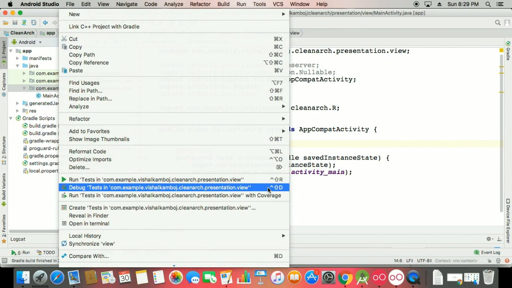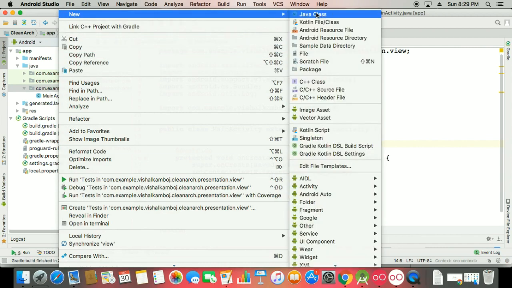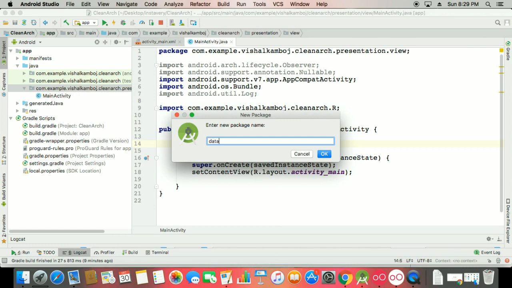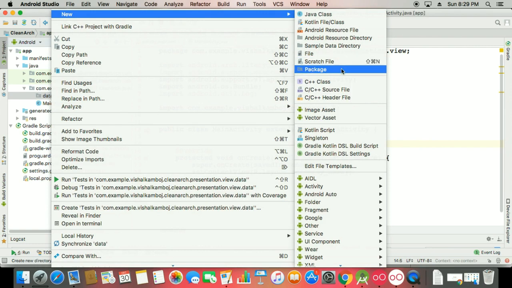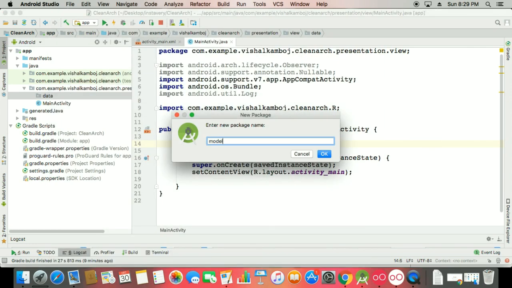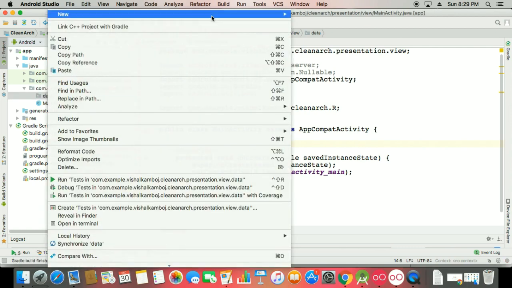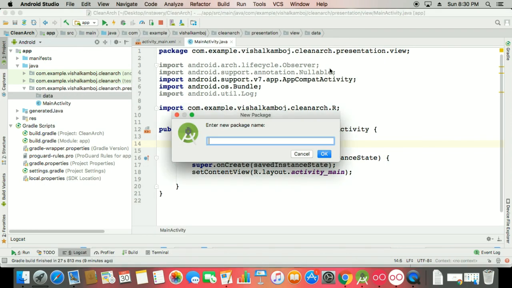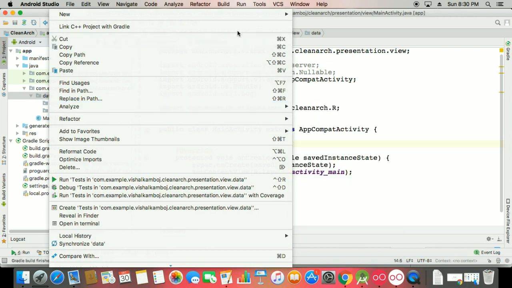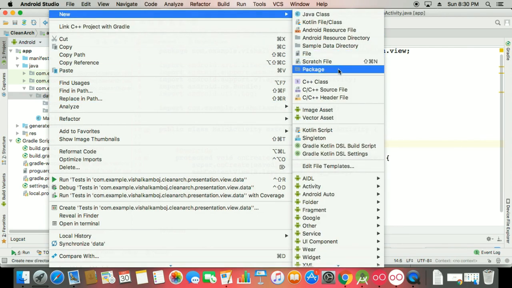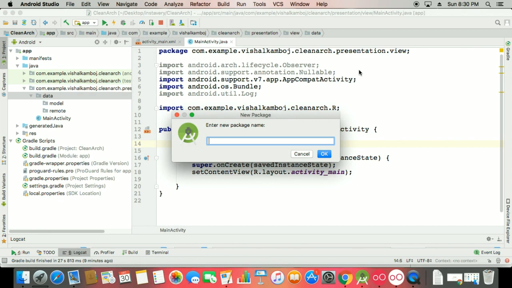The first layer I'm making is the basic layer, your data layer, in which we do the business logic and other things. So I'm putting the model inside that. This is our model. Another package is remote, if you're working with a Retrofit call. If you're working with a database, you can put that. I will use these in coming sessions. Just like if you're working with a database, this is your local database.